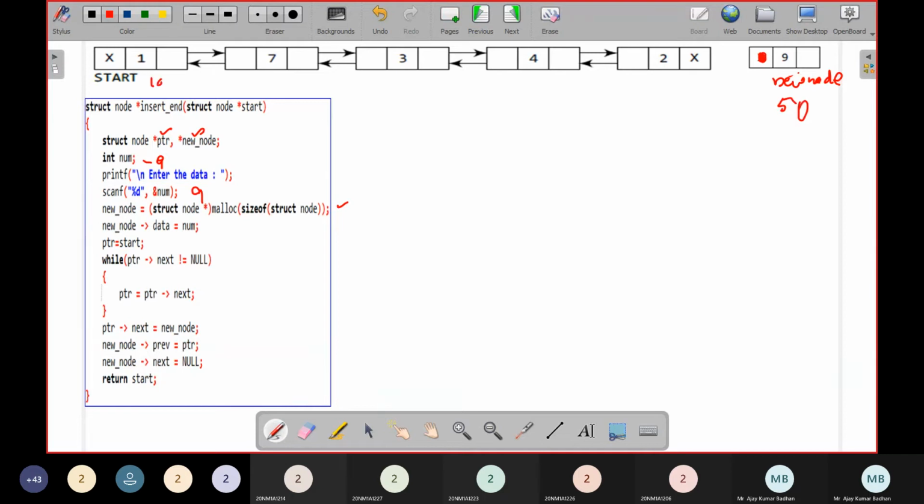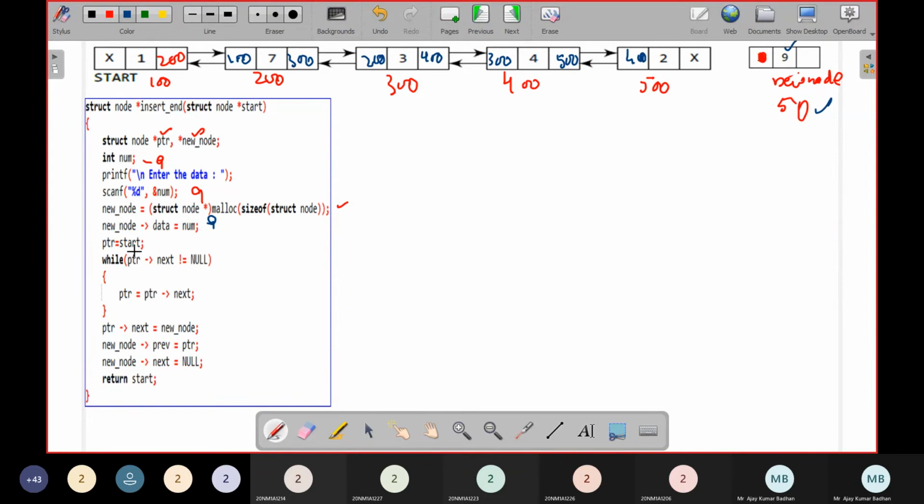Okay, let me write the addresses here: 100, 200, 300, 400, 500. So I think you people know what the addresses are here. 200 here. Here you'll be having 100, and here you'll be having 300. And what about here? 200. Previous node, next node 400. Previous node 300, and this will have 500. And this will have 400. Now we have reached this point. So new node address is 50. Now new node data equal to number 9. So I'm placing that 9 here.